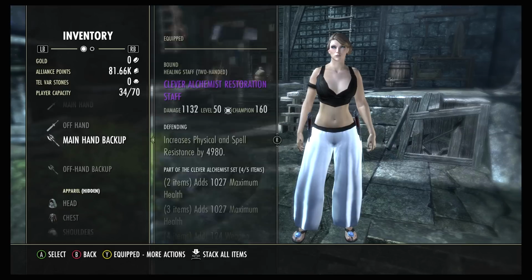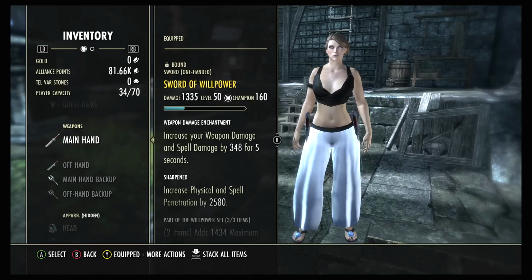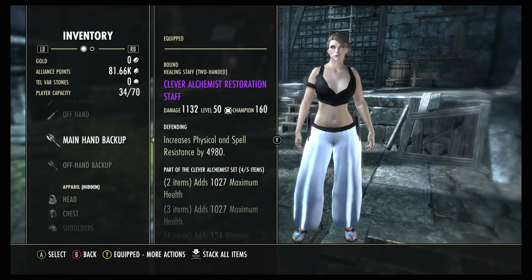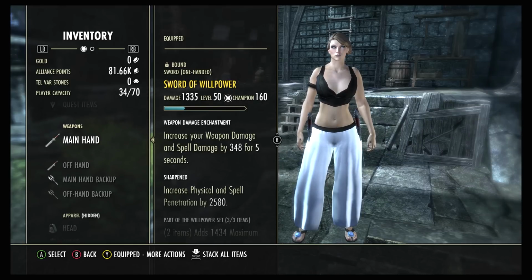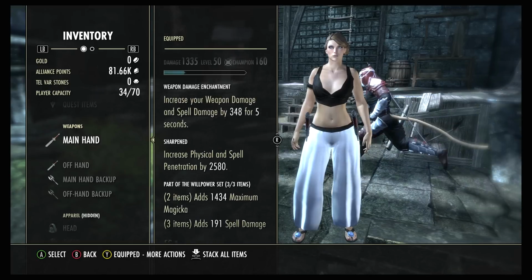So what we are running is 2 Swords of Willpower on our bar. You could run Vicious Death, but this is how I have it set up. We have Clever Alchemist. This build revolves around 3 Willpower, 5 Alchemist, and 5 Vicious Death. So we do run 2 Willpower on our front bar,